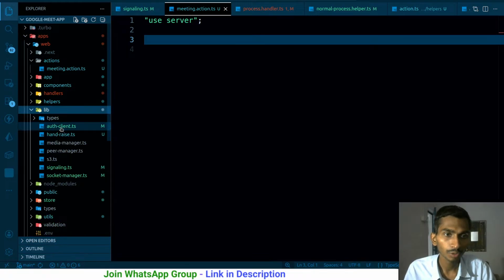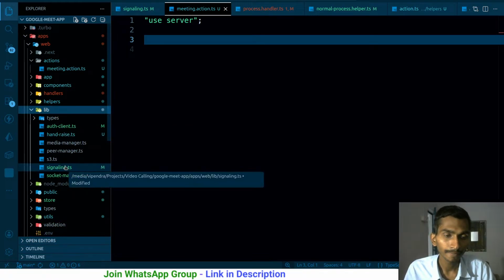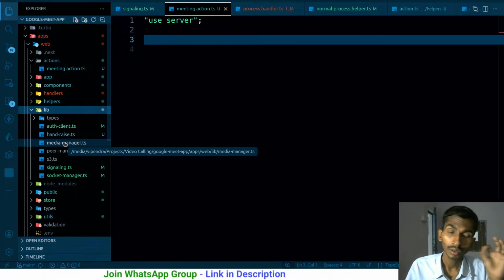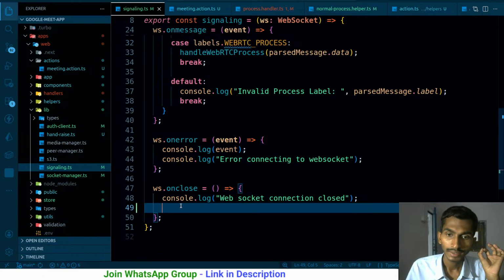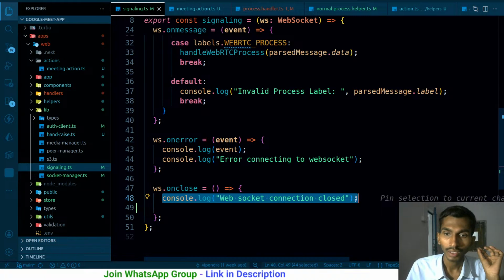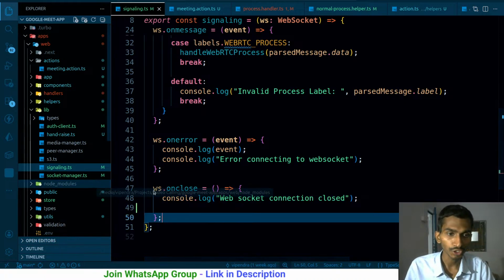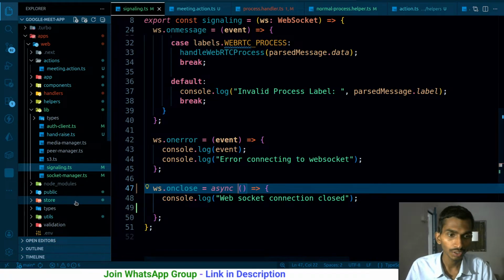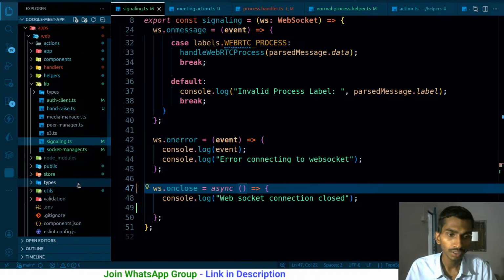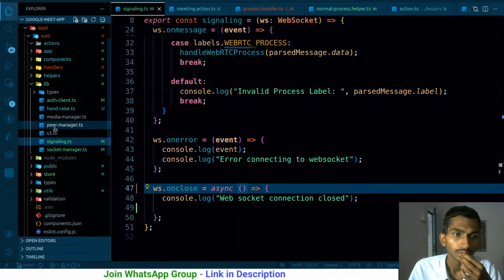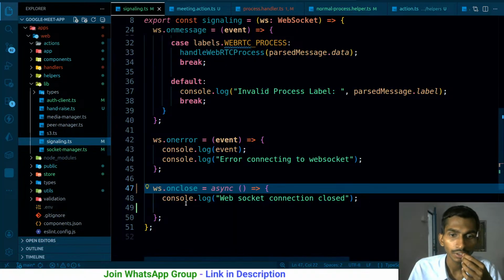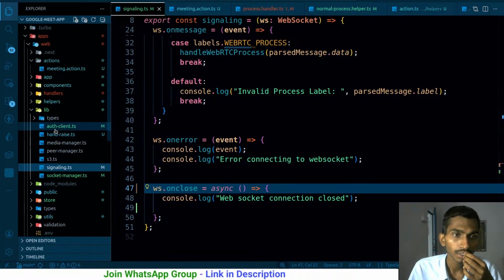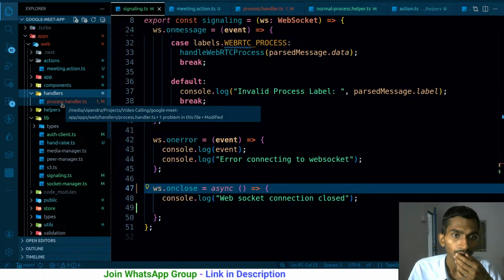So lib, and what am I gonna be doing? Whenever this gets triggered, at that time I have to call that particular action. So let me make it async as well so that I can await it. And where am I using that particular action? Inside div I have signaling.ts, and I was trying to use that action inside helpers, handlers, process handler,